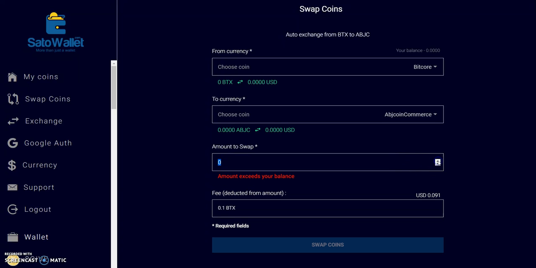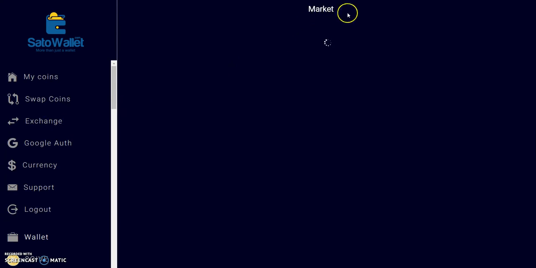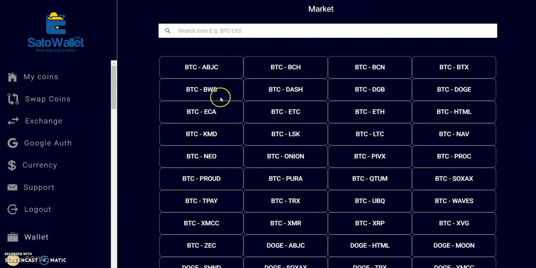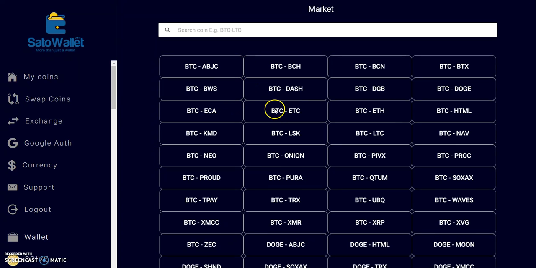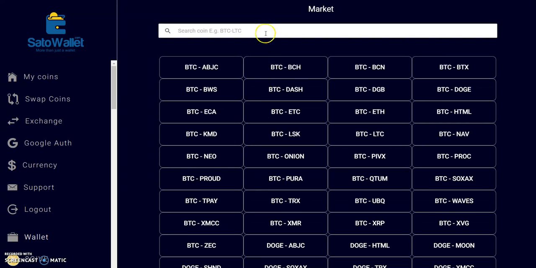One Bitcore is equivalent to 0.9 USD. One Bitcore is also equivalent to 13.8 ABJ coin commerce. Okay, this is pretty much about coin swap, and then let's go to exchange. Well, this is the market, and these are the coins available for exchange. Or you can search Bitcore